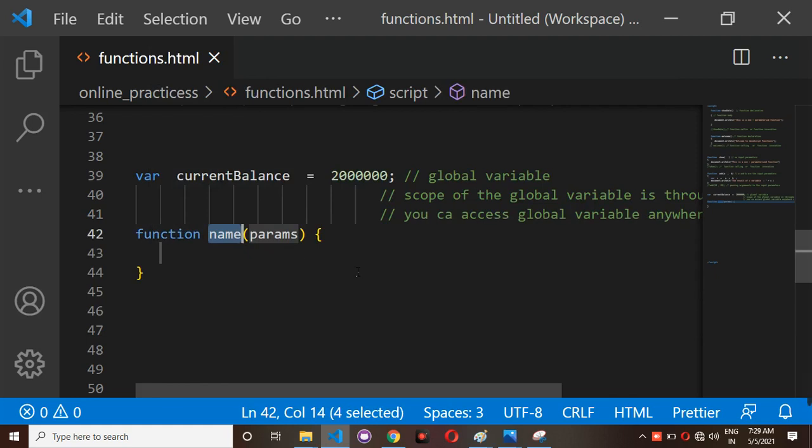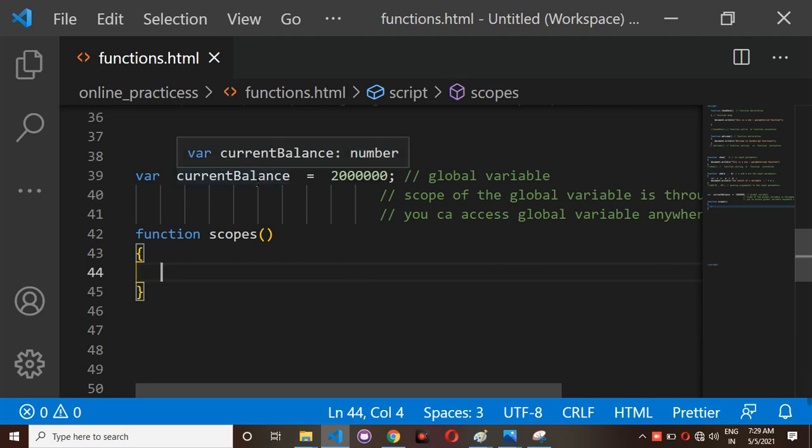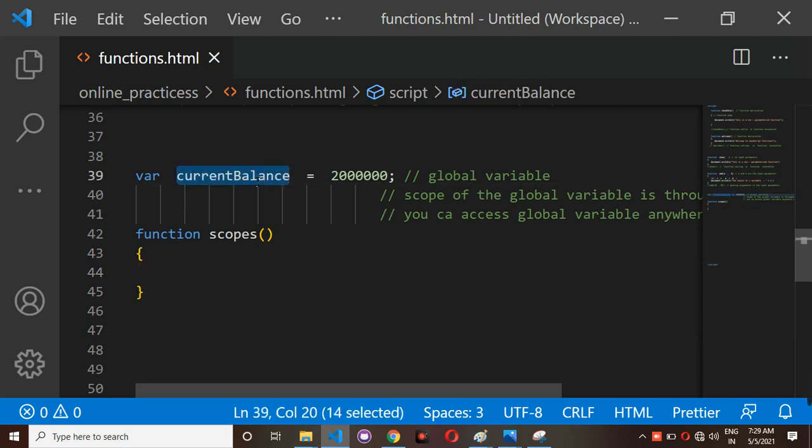Function name is scopes. Observe here, current balance is equal to 20 lakhs, which I have given. This current balance is one of the global variables.